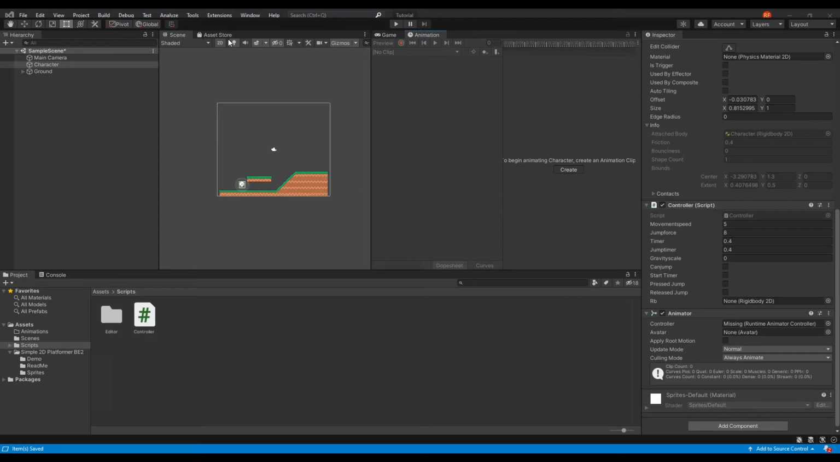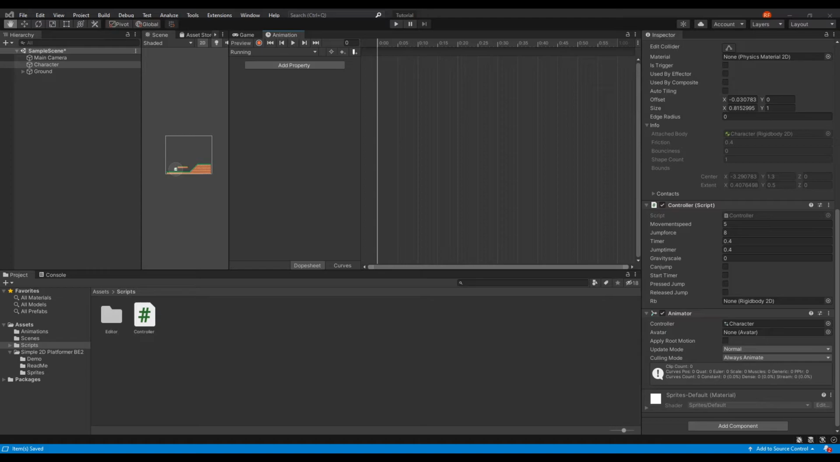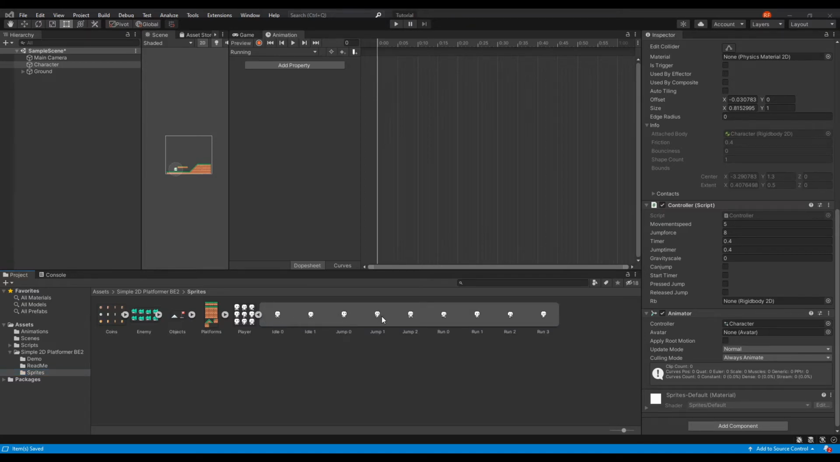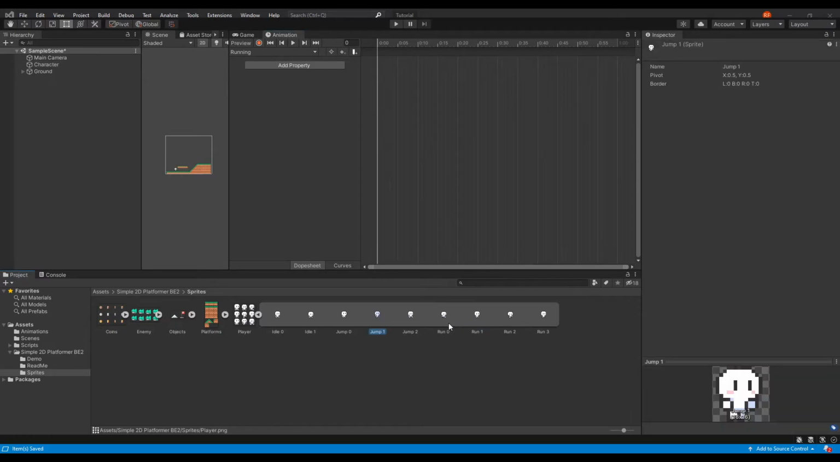And then choose where you want to save it. I want to save it in an animations folder that I've created, and just name it running, for example. Press save, and then it will come up with a timeline. Yeah, so now what we want to do is get our player sprites, and we can add in our player running sprites just like this, how we want,